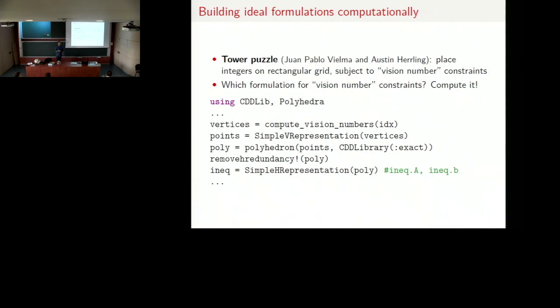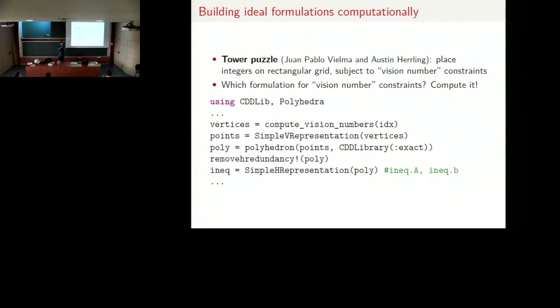So Juan Pablo and Austin Herling have a nice example here that they call the tower puzzle. The idea is you have some type of rectangular grid, and you're assigning numbers, integers, to these elements in the grid. Those numbers somehow correspond to heights. And then you have some set of vision number constraints that constrain how these things can go together,